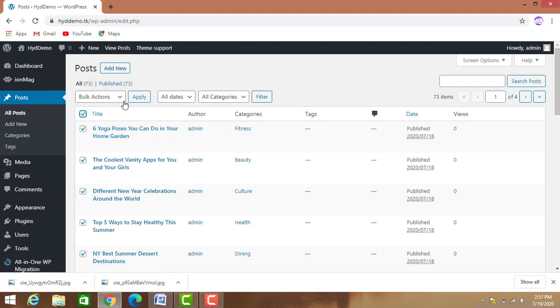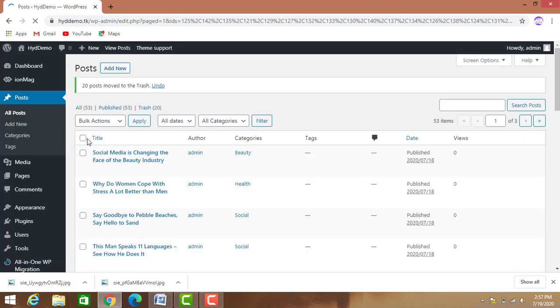Just tick all, move to trash, apply. In a similar way you need to delete the pages also. I have already deleted those, so I am showing how to delete in a post. Now 53, each time 20 will be deleted. Apply.